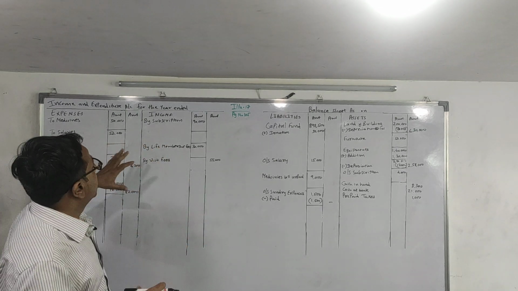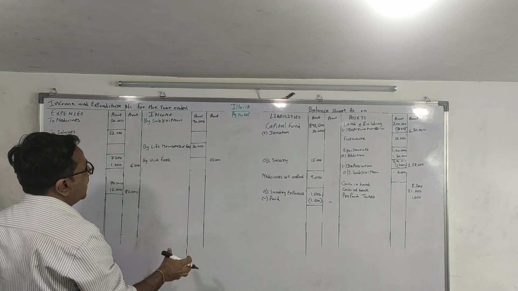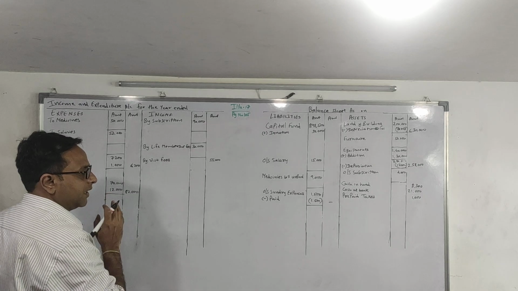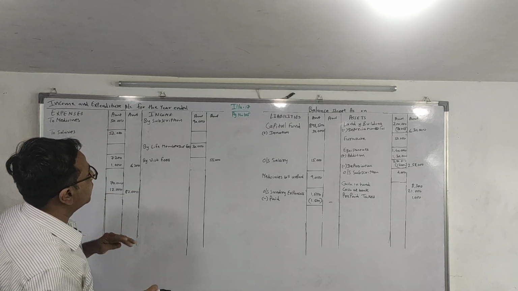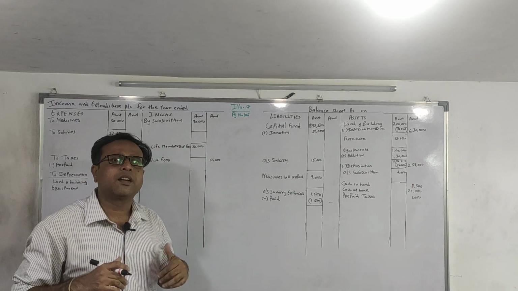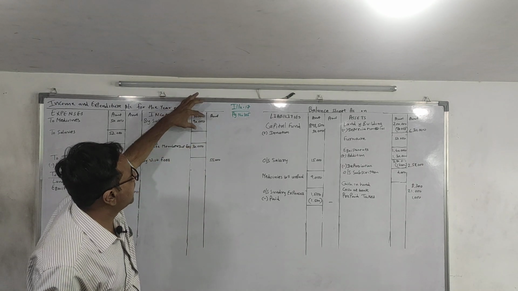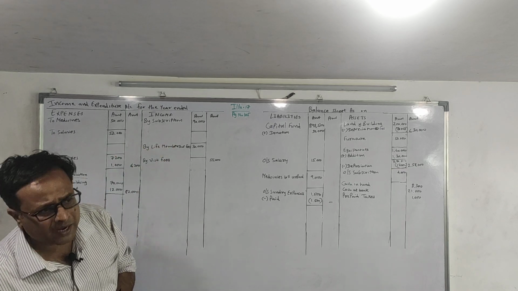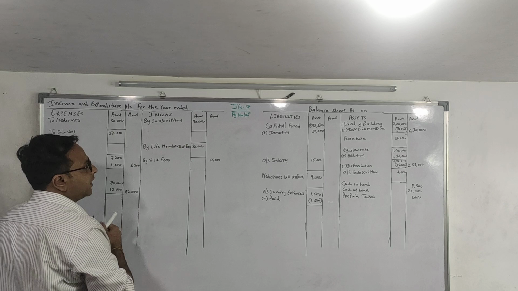Now what we are supposed to write in this income and expenditure? Current year income and current year expenditure. So there are 4,000 of subscription which is of previous year we have received in current year. So it is in that 90,000. So we have to reduce it from here. And it is a part of the adjustment. So we write at two places.